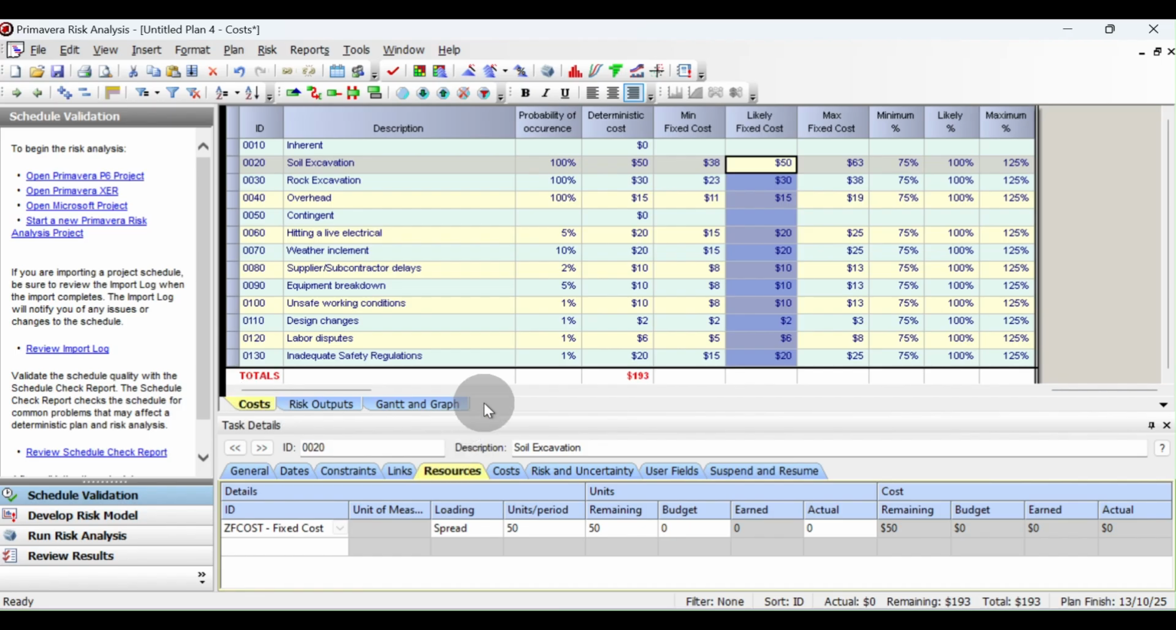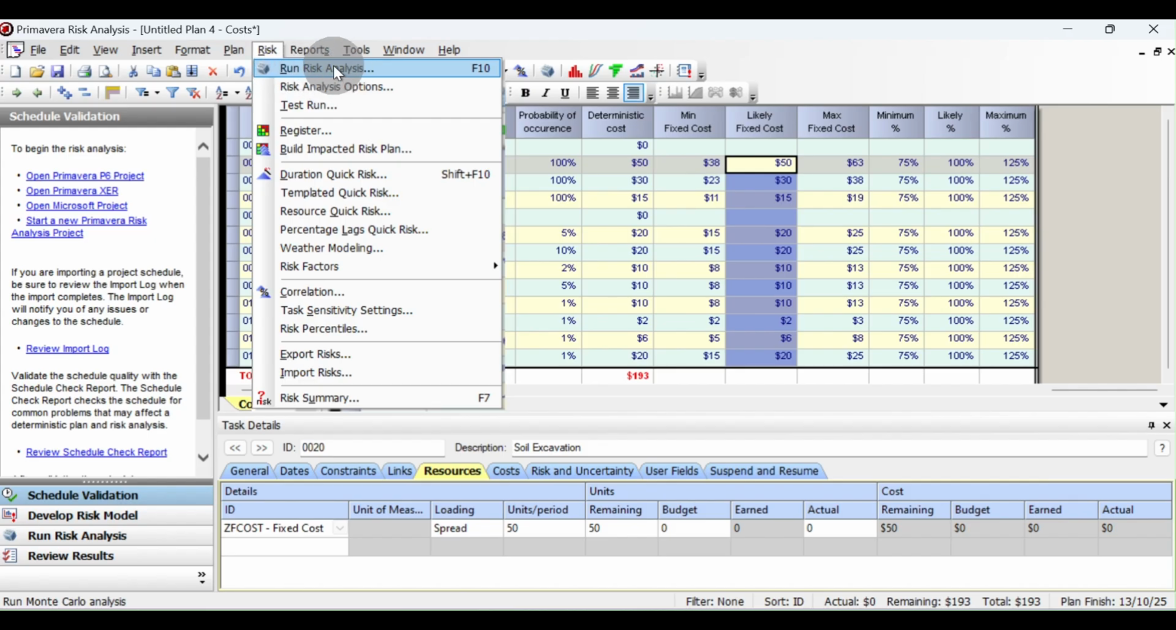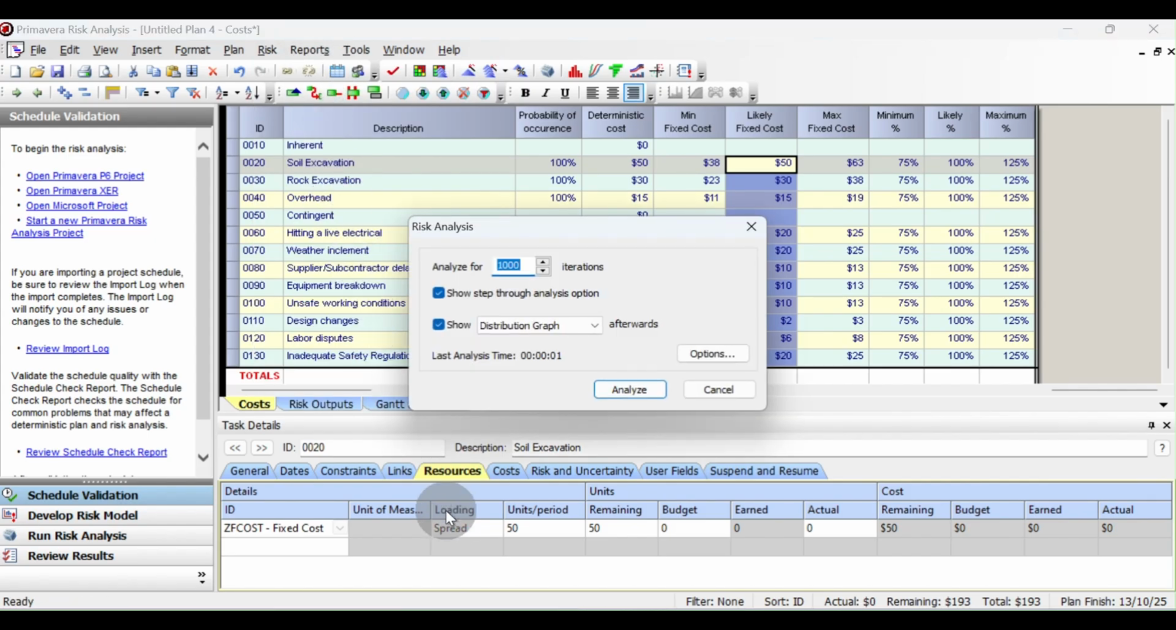And then now we come back to the cost and click the risk and run risk analysis. And then we will analyze for 10,000 iterations. Let me discuss a little bit about this type of risk analysis. The software will apply the Monte Carlo simulation. That means they will change the